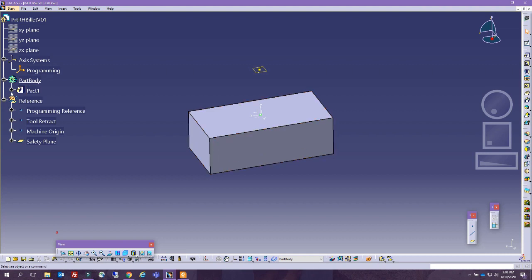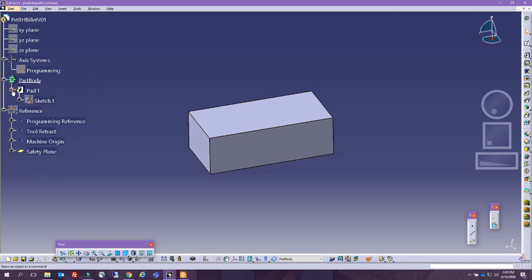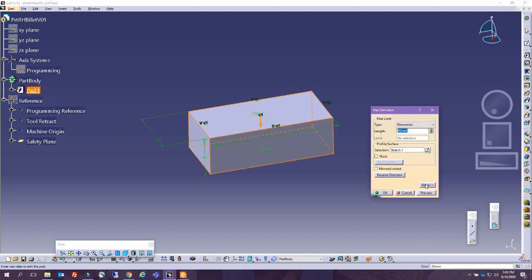So this is the part. I'm going to hide the reference elements. We don't really need them, as well as the axis from here. You can actually even delete the axis if you want. I'm going to start by